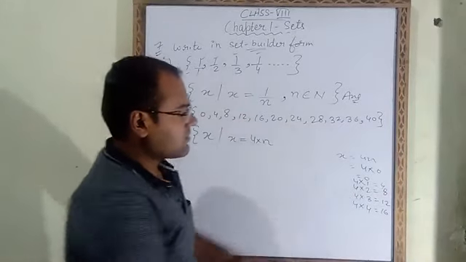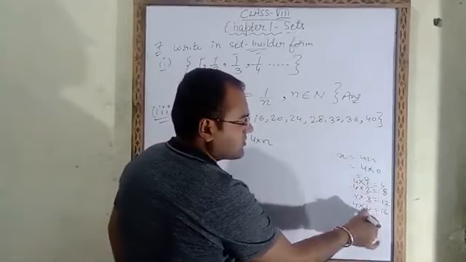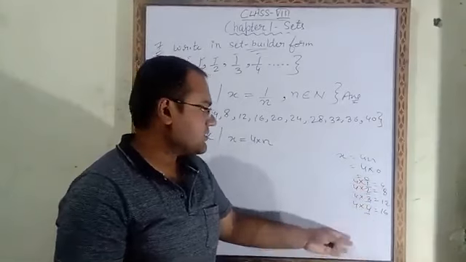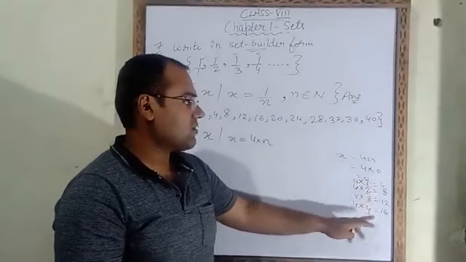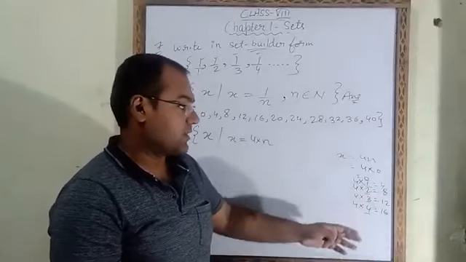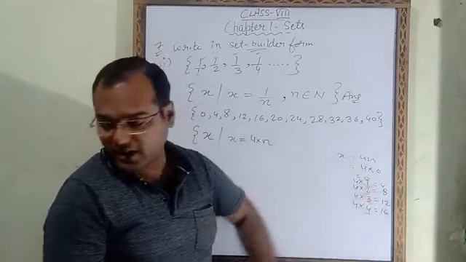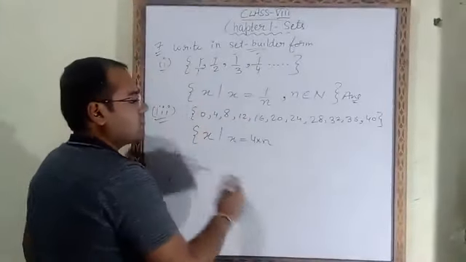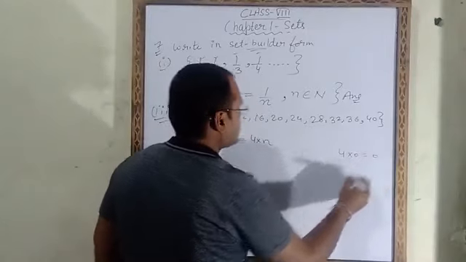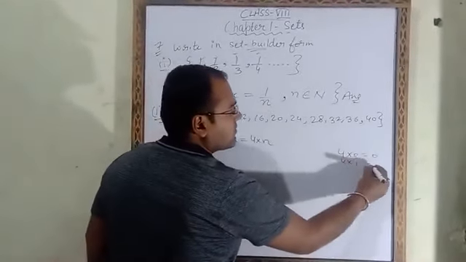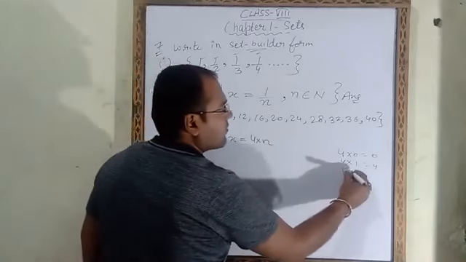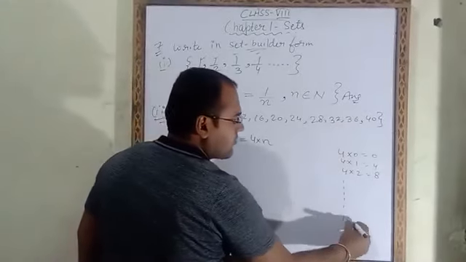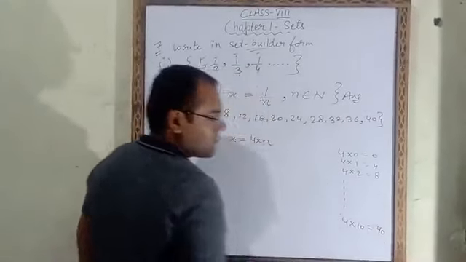So what will we observe? These all are values of n. As we go on further, these values will increase. What are these? 0, 1, 2, 3, 4. These all are whole numbers. They start from 0, that's why they are whole numbers. 4 into 0 will be 0. 4 into 1 will be 4. 4 into 2 will be 8. Like this it will go on. What is the last value? 40. 4 into 10 will be 40.